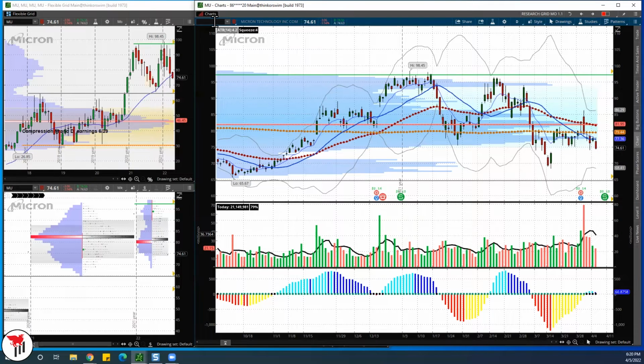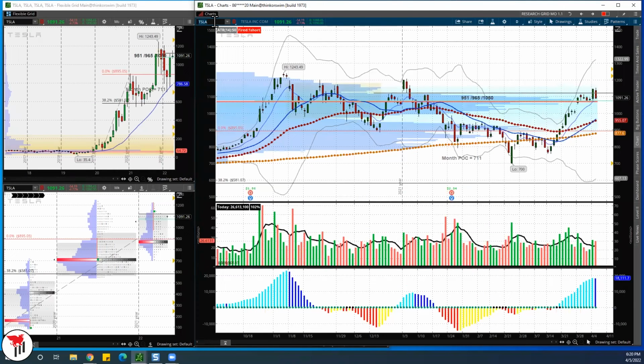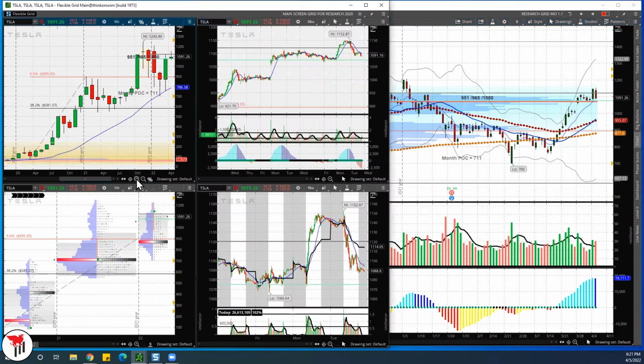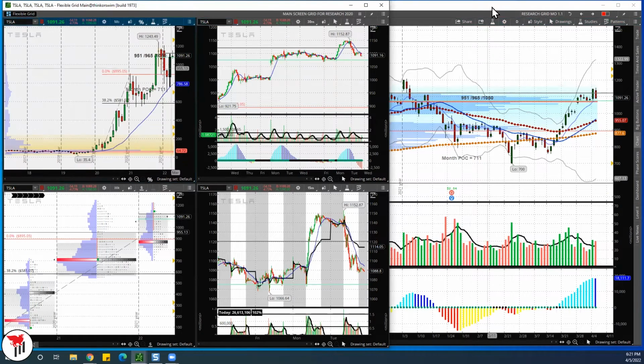Let's do some EVs, because I know you guys like electric vehicles. So let's look at Tesla. And I gotta clear this up. I think we hit this one pretty good, guys. 1060. I didn't write it all the way to 1160. I hope I did. But anyways, this is the perfect chart. If you want to teach anybody about uptrends, look at that pullback. You have the point of control 711, it comes back, holds right here, and the guy is like a billionaire again. 300 billion, I think it is, for the guy that holds that thing.